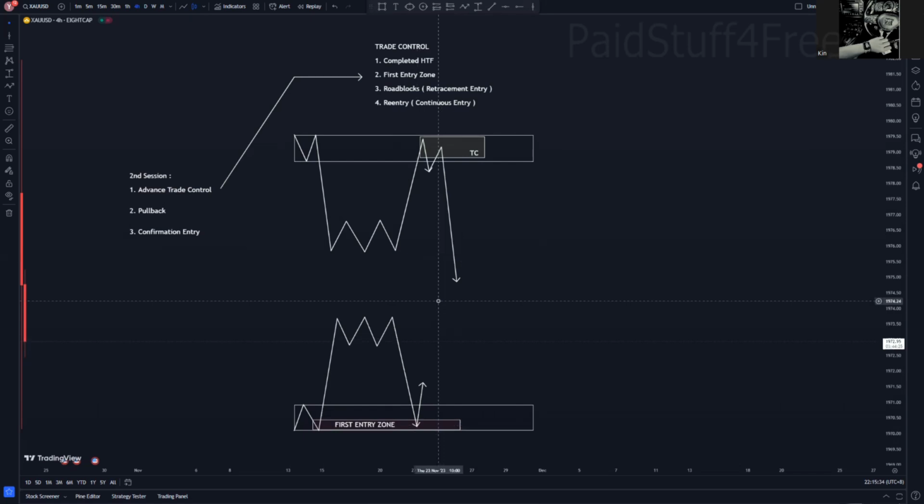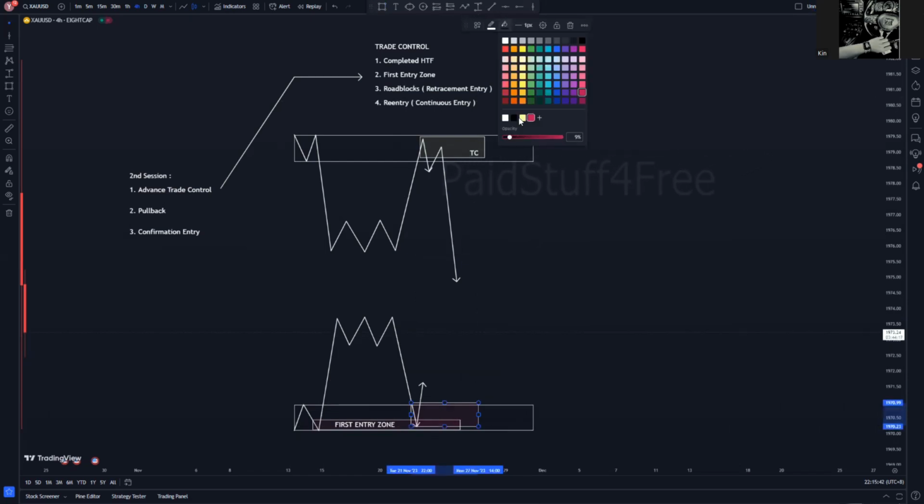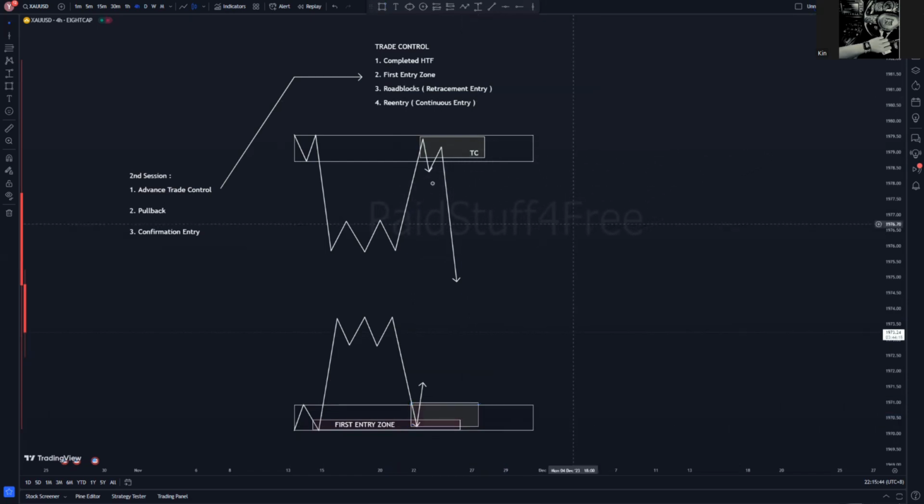After the price goes up, after 30 minutes, the price is going to close as our EG buy, which is this EG buy. We will call it our trade control, of course. So this is where